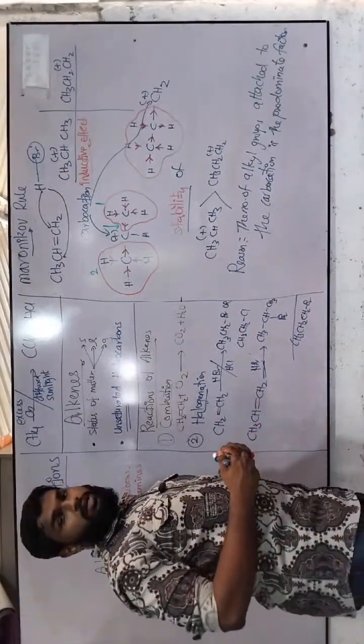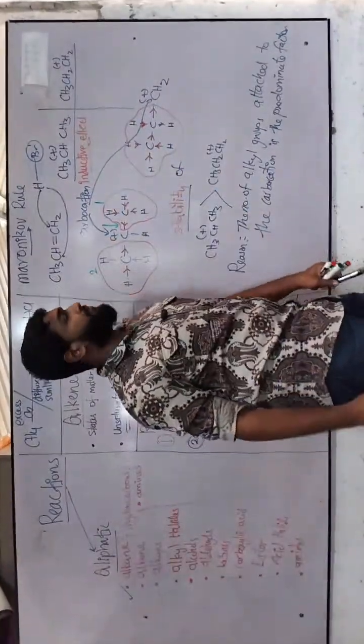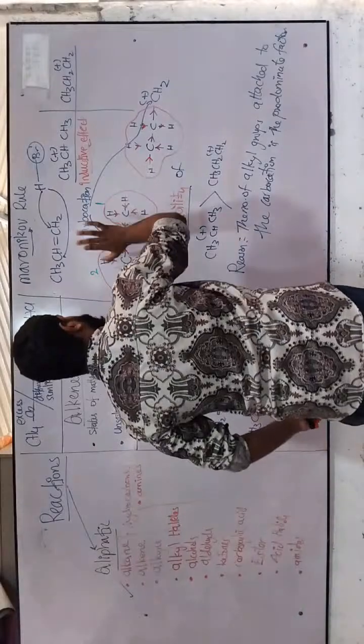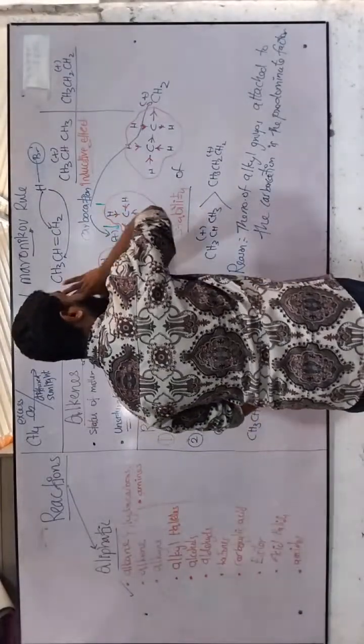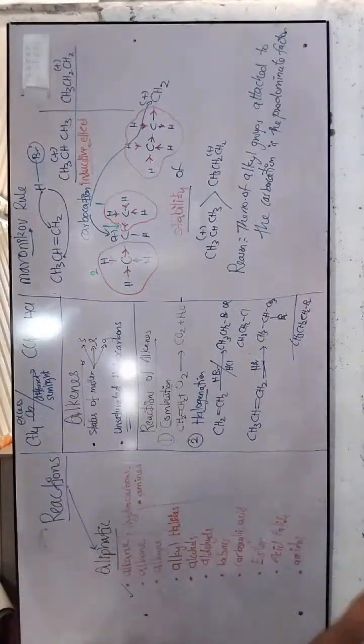Understood? So this is going to be your predominant factor in this case. So once you give the hydrogen over here, the positiveness will decrease. Therefore,